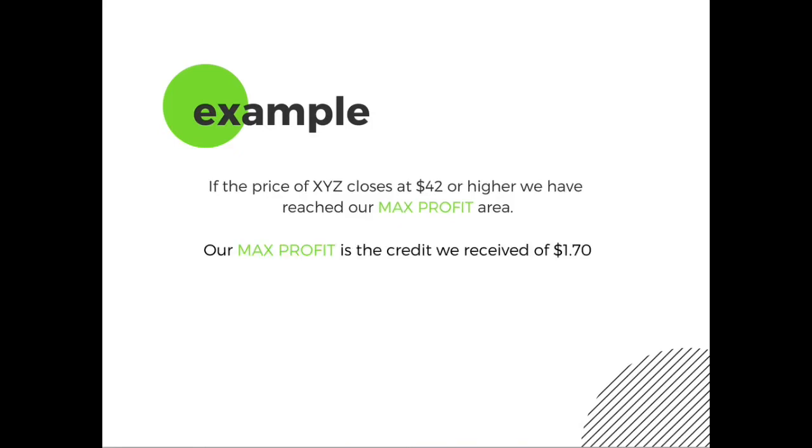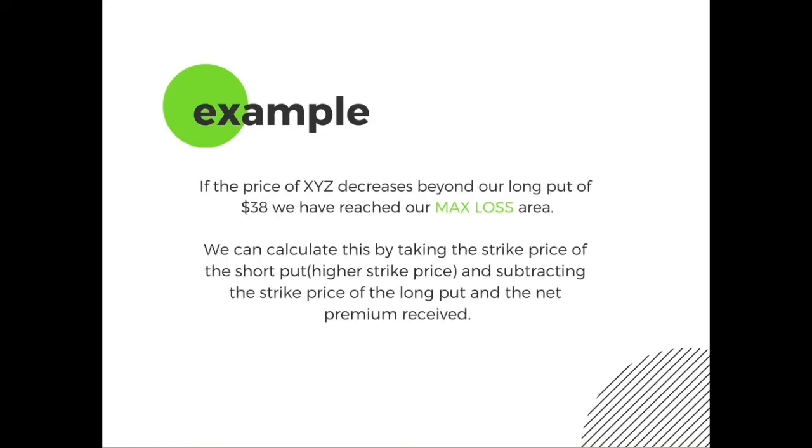Our max profit is the credit that we received up front. In this case, it's going to be $1.70 or $170 per contract. If the price of XYZ decreases beyond our long put of $38, we will have entered into our max loss territory. Now, we can calculate this by taking the strike price of the short put, which is the higher strike